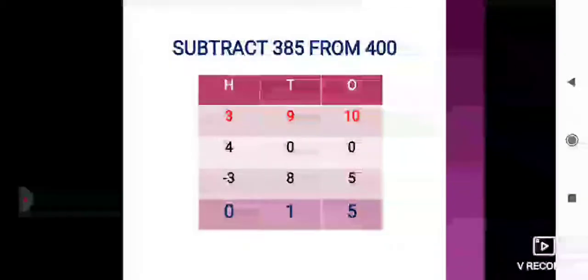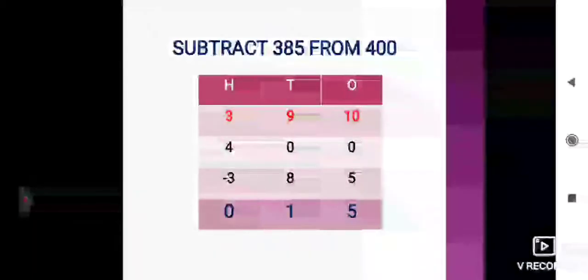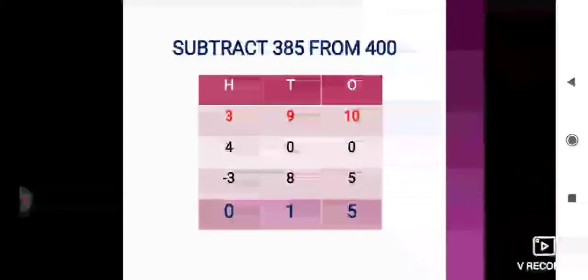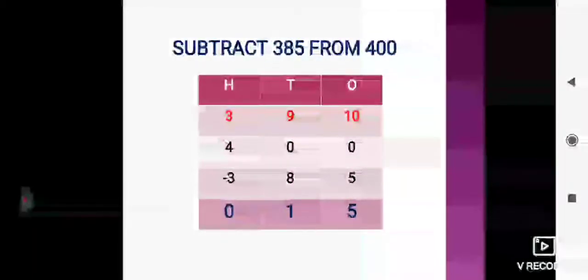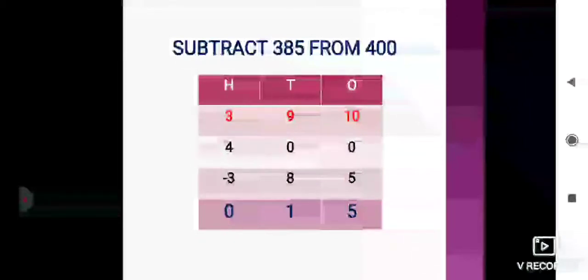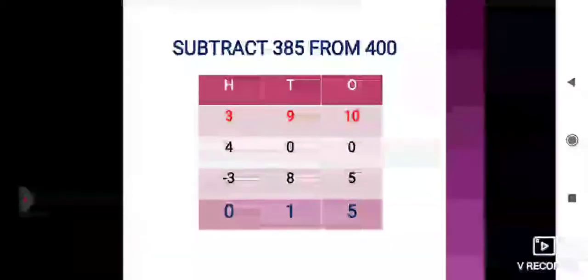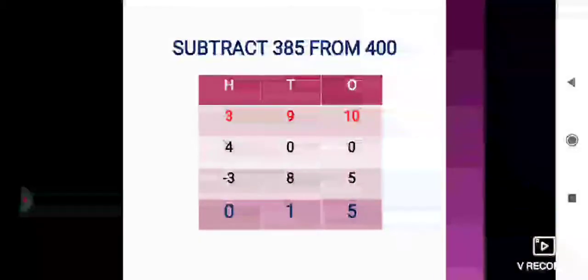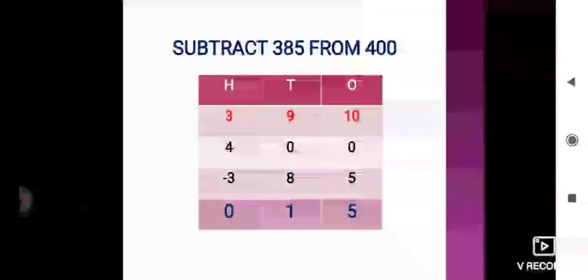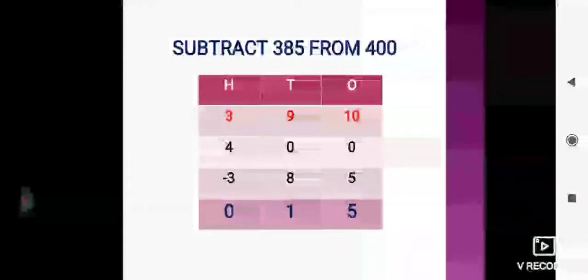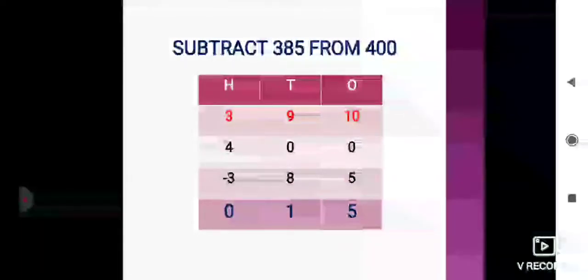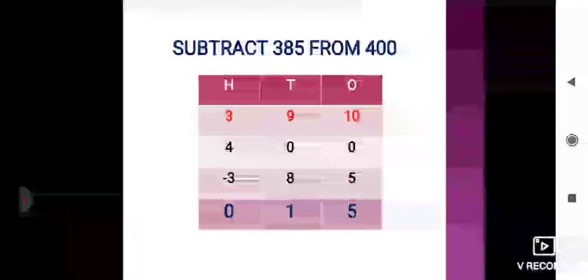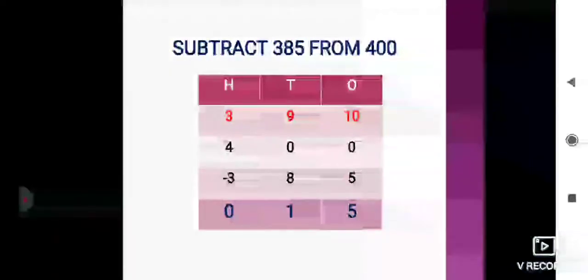So you will borrow from the hundreds place. Break 4 into ones and tens. You will get 3 ones and 10 tens. The digit which is at the tens place, that is 0, will take the 10 and become 10. Now the digit which is at the ones place is again 0. This 0 from the ones place will again borrow from the 10 which is at the tens place and it will become 10, and you are left with 9 at the tens place.